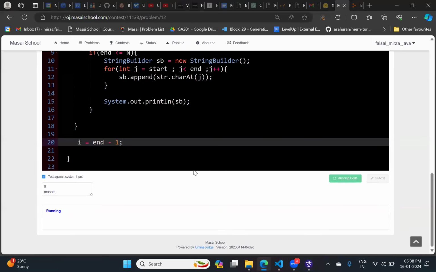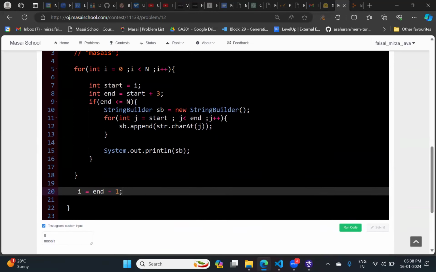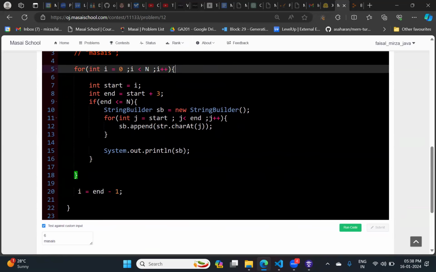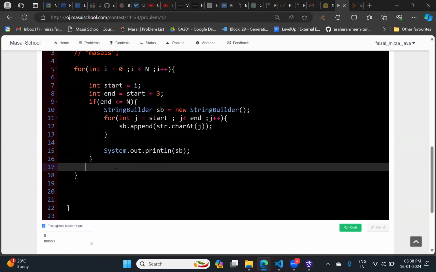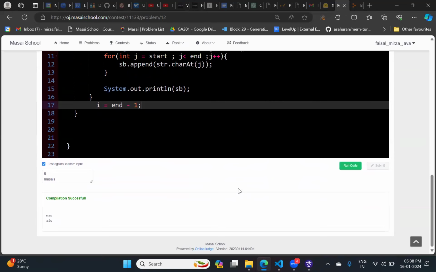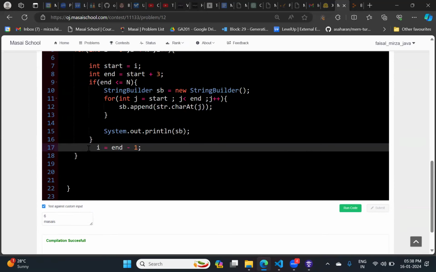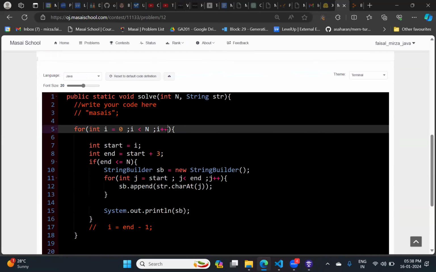Let's see the output now. Cannot find symbol. What's the reason? I'm writing even outside the loop. So right over here. Getting it? Yes, sir, the two equal parts. Let us try to increment from here.